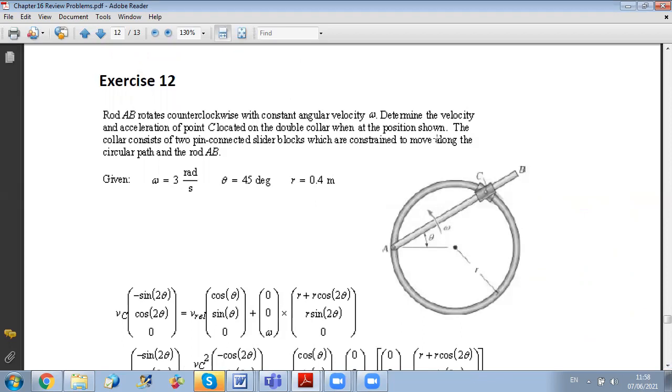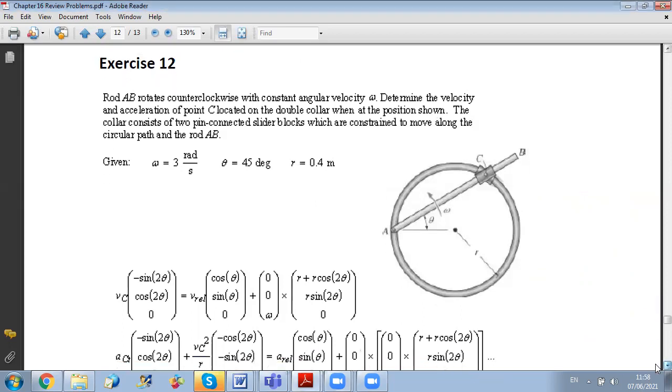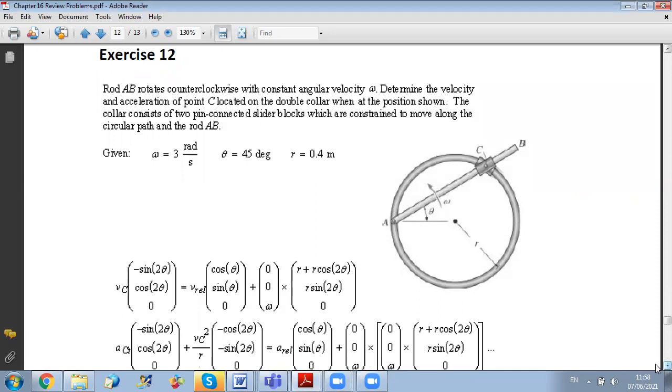Another problem. Rod AB rotates counterclockwise with constant angular velocity omega. Determine the velocity and acceleration of point C located on the double collar when it is at the position shown. The collar consists of two pin-connected slider blocks which are constrained to move along the circular path and the rod AB. So in the following problem,